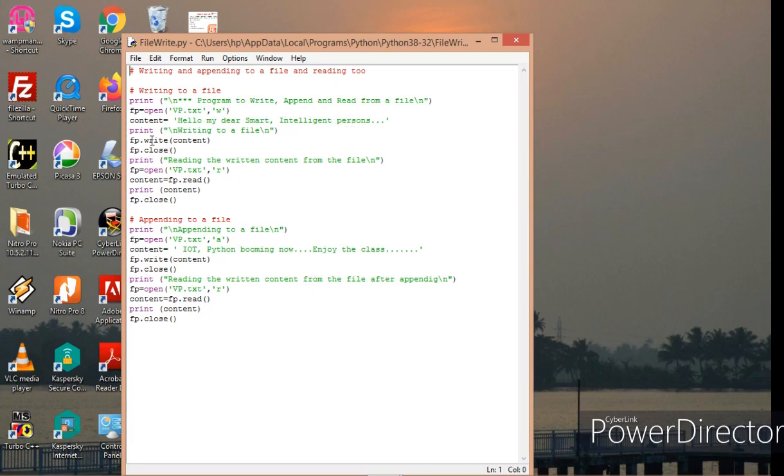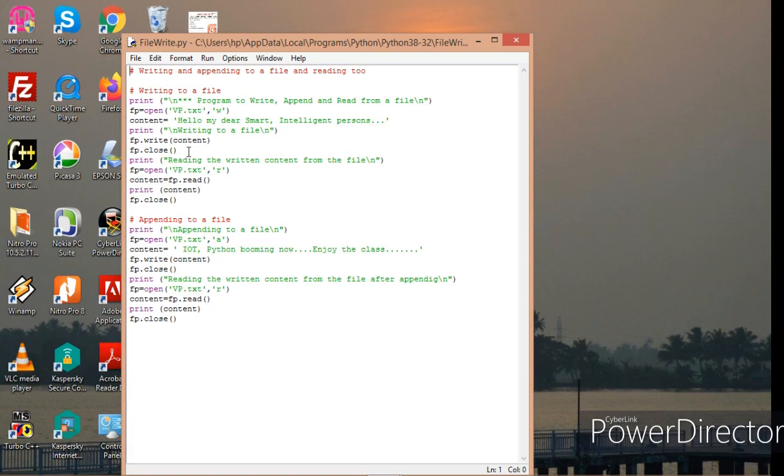So by executing this particular statement, hello my dear smart intelligent persons is stored in the file named vp.txt. Even if vp.txt is already in existence, it is overwritten. Fine.